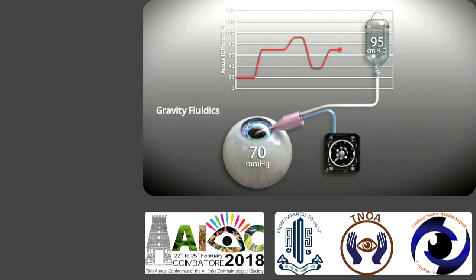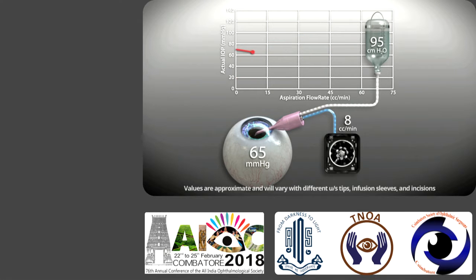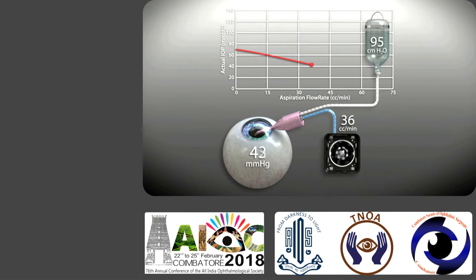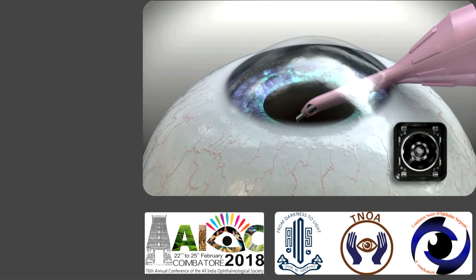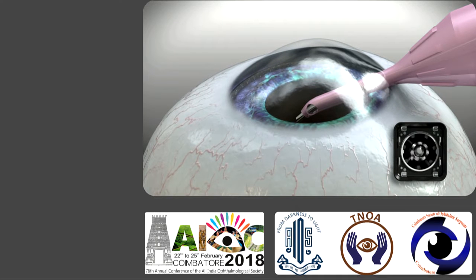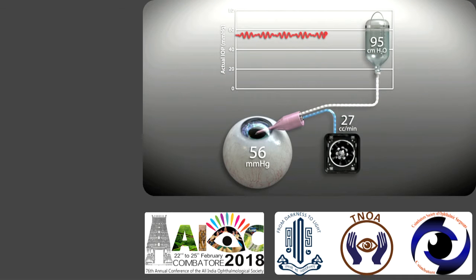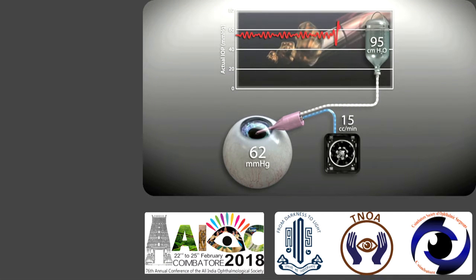When aspiration flow occurs, the fluid movement results in a loss of pressure in the eye. Surgeons see this as a shallowing of the chamber and perhaps movement of the posterior capsule moving forward. With gravity and pressurized fluidics, the higher the aspiration, the more pronounced the shallowing of the anterior chamber. Flow changes occur not only by a surgeon's command of the foot switch, but also by varying levels of occlusion